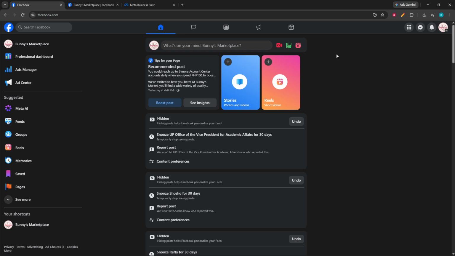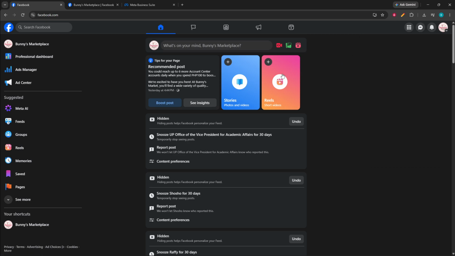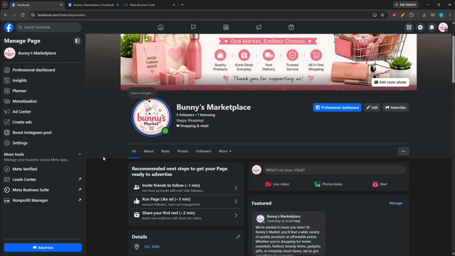Once Facebook loads, switch over to your Facebook business page so you are working from the correct profile. After that, look to the left-hand menu. Find your Facebook business page there and click on it to open the page. This will take you directly to the main view of your page, where you can access the tools and audience